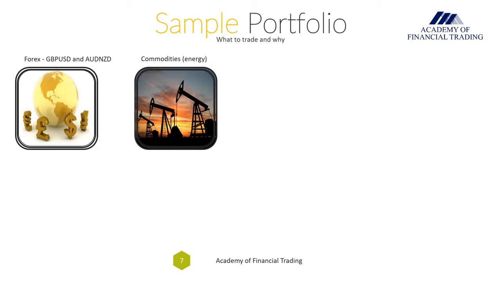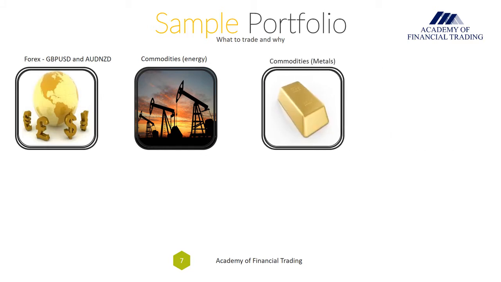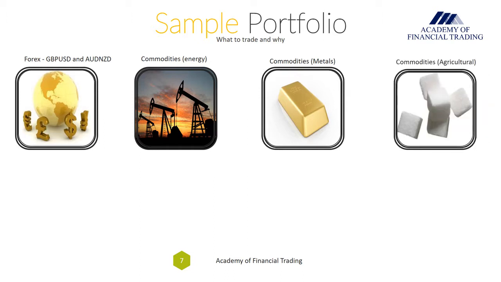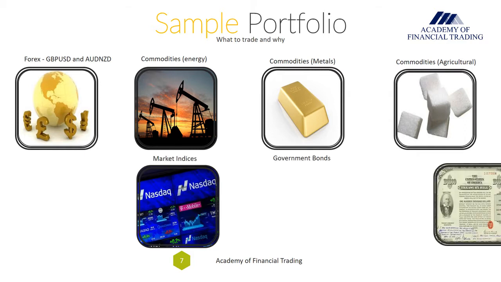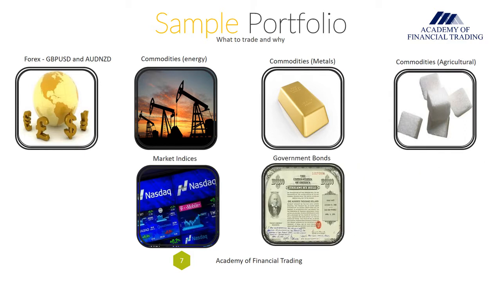Then you have the likes of commodities, where we will have one energy. Let's say we'll go for WTI crude oil. And then you have the likes of one precious metal. So we'll go for a bit of gold, because, ladies and gentlemen, who does not love gold? And it's doing quite well at the moment. And then you have the likes of an agricultural commodity. So a bit of sugar on the side, always good in regulated doses. Then we'll have one index, so we'll go for the NASDAQ in this particular instance, and we'll top it all off with a government bond as well.